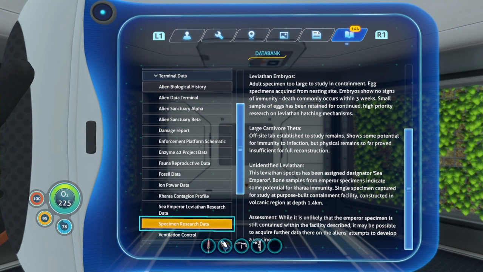Large carnivore, what? Theta, I don't know. Theta. Off-site lab established to study remains. Show some potential for immunity to infection, but physical remains so far provided insufficient for reconstruction. Unidentified Leviathan. This Leviathan species has been assigned